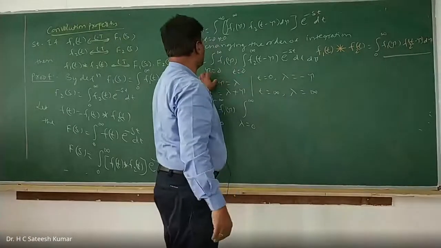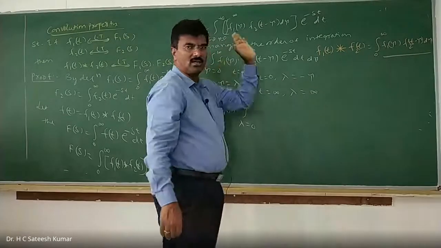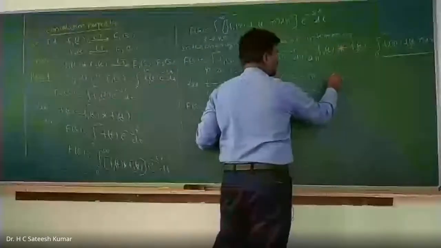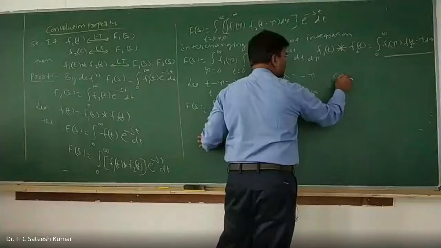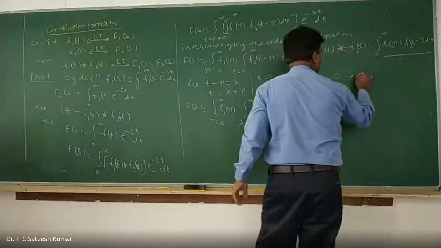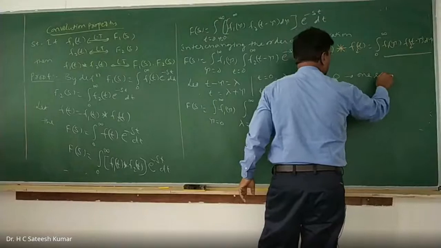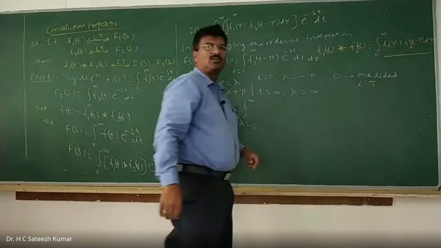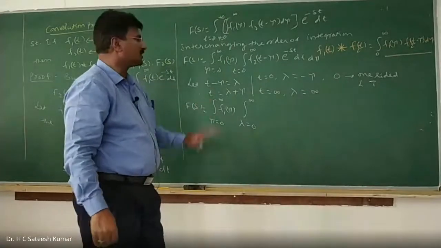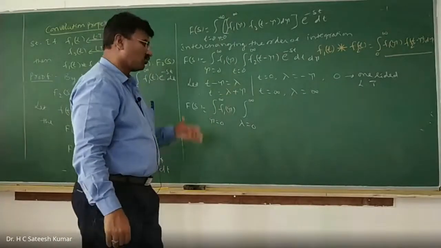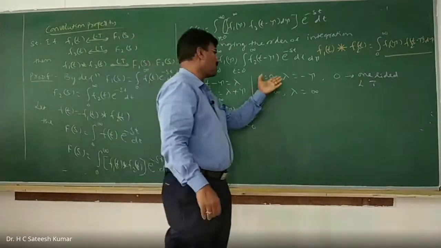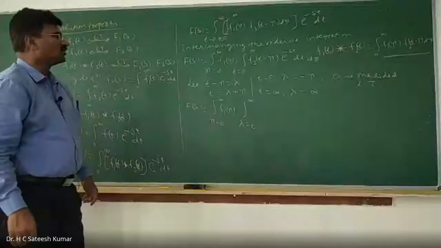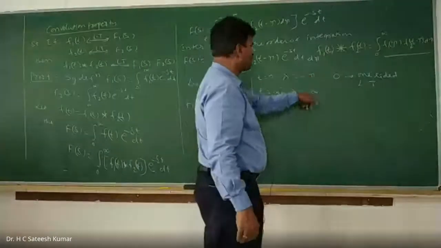Even though lambda is ranging from minus tau to infinity, what is that? In my definition of the Laplace transformation we consider only the positive values. Therefore, I will take it from 0 instead of minus tau, because it is the one-sided Laplace transformation. The one-sided Laplace transformation ranges only from 0 to infinity, not from minus infinity to plus infinity. For two-sided Laplace transformation, you will take from minus infinity to plus infinity. So lambda ranges from where to where? 0 to infinity.